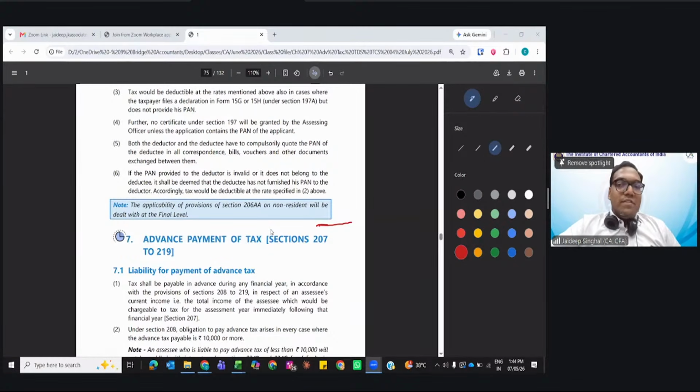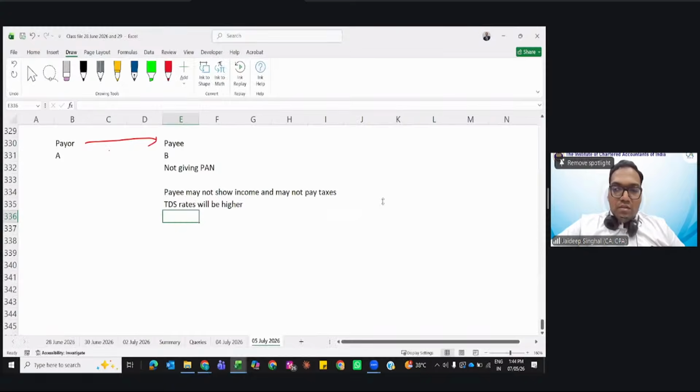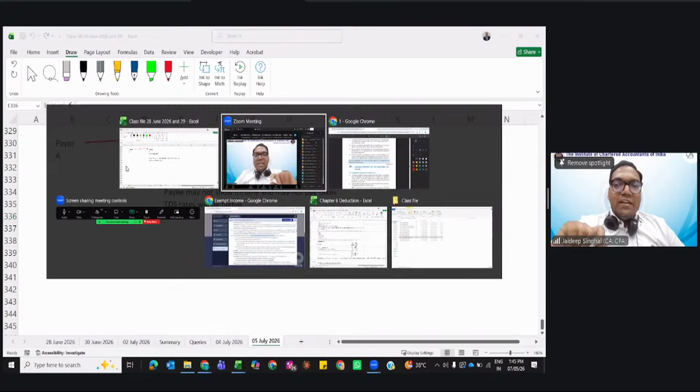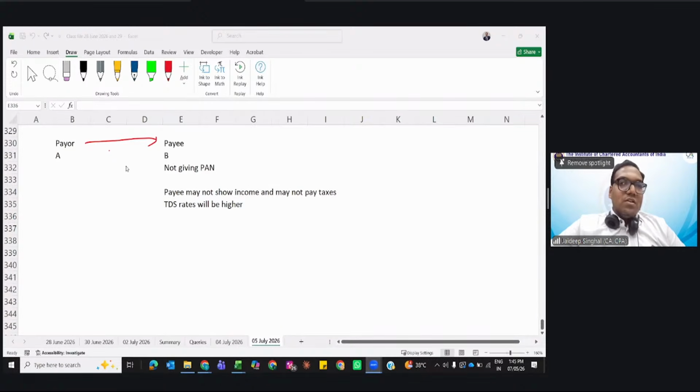Anchal, I know I have two queries pending. This is the summary chart I will upload now. About this example and this deduction query, which are also pending, in the next class I will surely resolve them, because these are weekend classes and my weekends are totally packed. I have multiple classes: in the morning, in the afternoon, and also in the evening. So I couldn't get time. But in the next session, I will clarify shortly and give you the example as well.